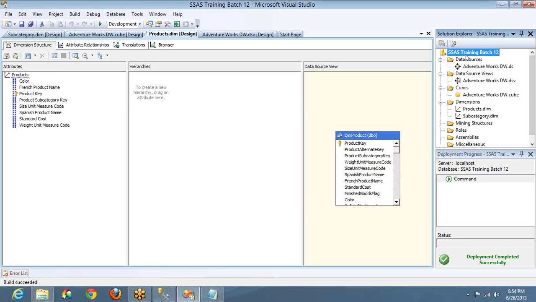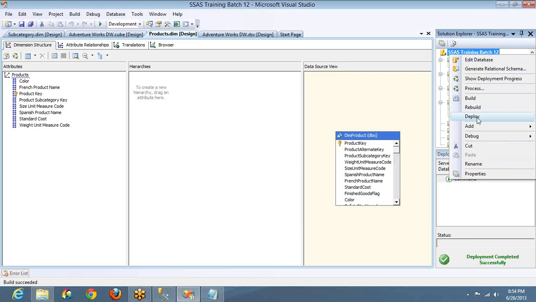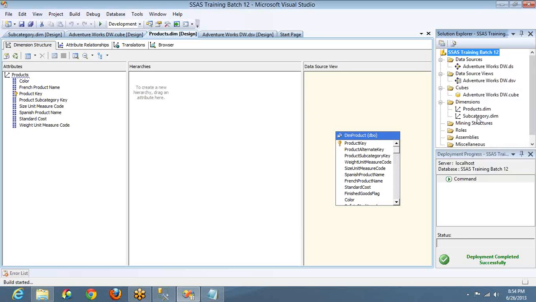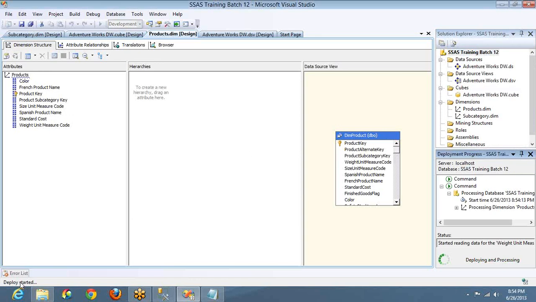The next option is deploy. If you click on deploy, it says deploy started, right? Where my cursor is, you can see it is saying deploy succeeded now. So deploy means it will take the structural changes.